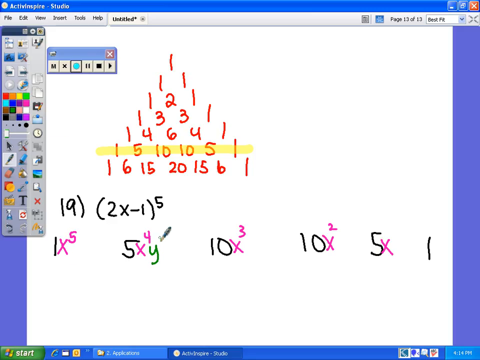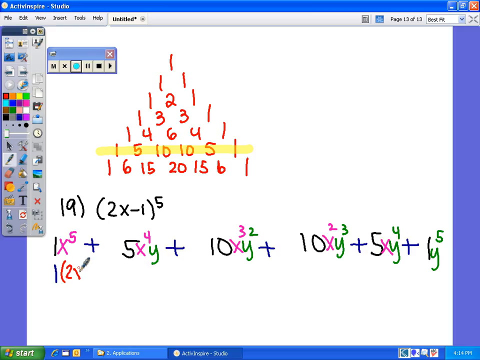And then we don't need a y in the beginning, but we're going to have y to the 1, because 1 plus 4 is 5, y squared, because 2 plus 3 is 5, y cubed, because 3 plus 2 is 5, y to the 4th, because 4 plus 1 is 5, and then we'll end with y to the 5th. So this represents my setup. We're going to put pluses all into it. So now I'm going to substitute everywhere that I have the letter x with